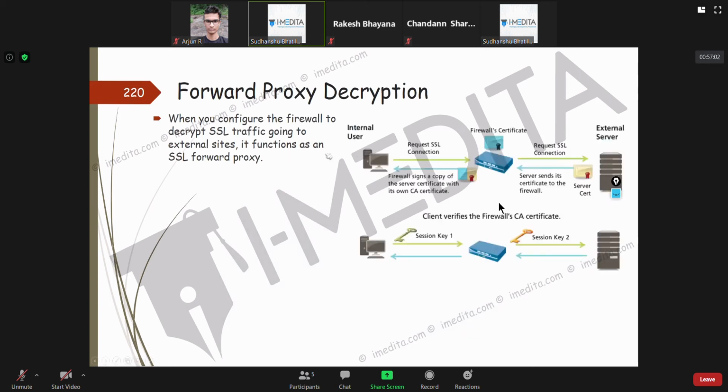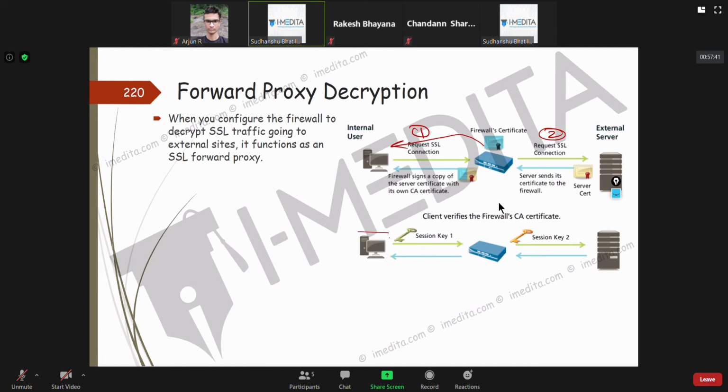When you configure the firewall to decrypt SSL traffic, what happens is, like I told you, when the internal user initiates a communication, they request the SSL connection. The firewall will request a connection from the external server, and the server certificate, when it reaches the firewall, will be signed, and the firewall basically gives a copy, which we generated, whether self-signed or purchased from a genuine CA, to this user.